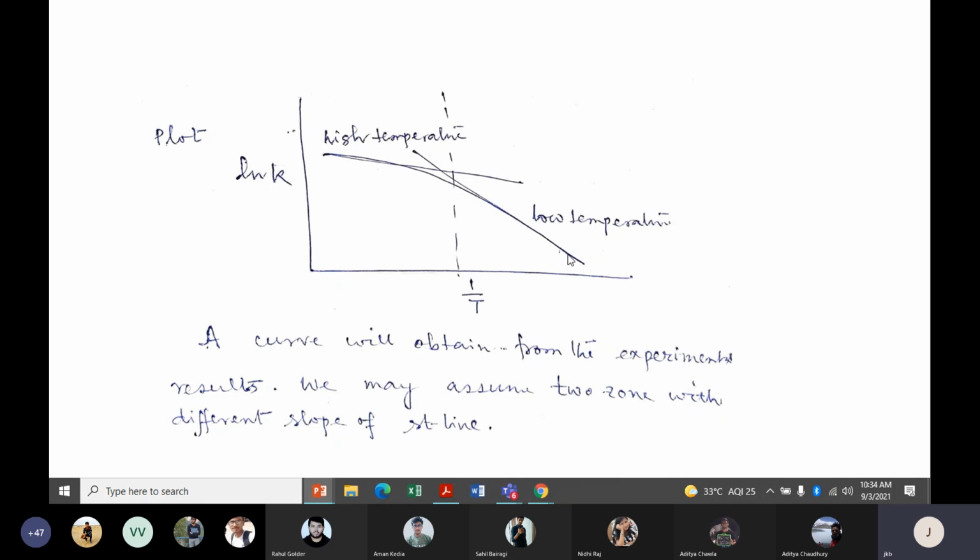So it is not a straight line. We should get the Arrhenius plot as a straight line plot, but here you cannot observe a straight line, you get a curve. In that curve, in the higher temperature region we can expect one straight line, and in the lower temperature region we can get another straight line. So these straight lines will cut at a point, and that will be the changeover of the activation energy. You can imagine a line where the changeover is taking place. This is shown by the dotted line approximately.